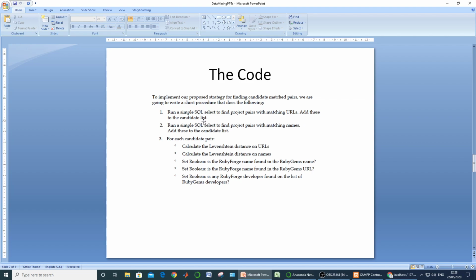The candidate list is our final table, the match entities table. The second step is to run a simple SQL query to find the project pairs matching upon their names. First one was matching upon their URL, second one upon their names.